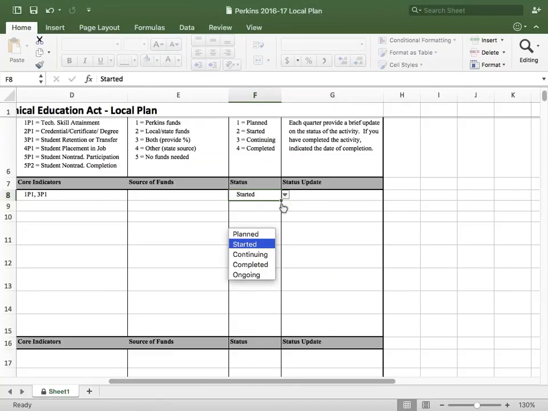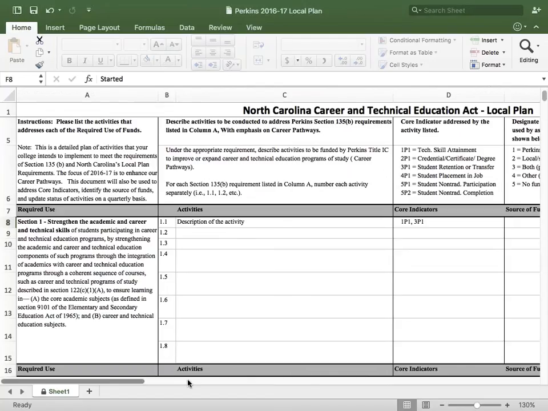Now, we understand that there may be times that you need to deviate from the activities you plan. So, Tony, what should they do if they need to make changes here? Well, just let us know, and we can go in and help you negotiate those changes through and make sure they all meet the criteria of the particular section. And then change your plan. I mean, it's pretty simple, really.